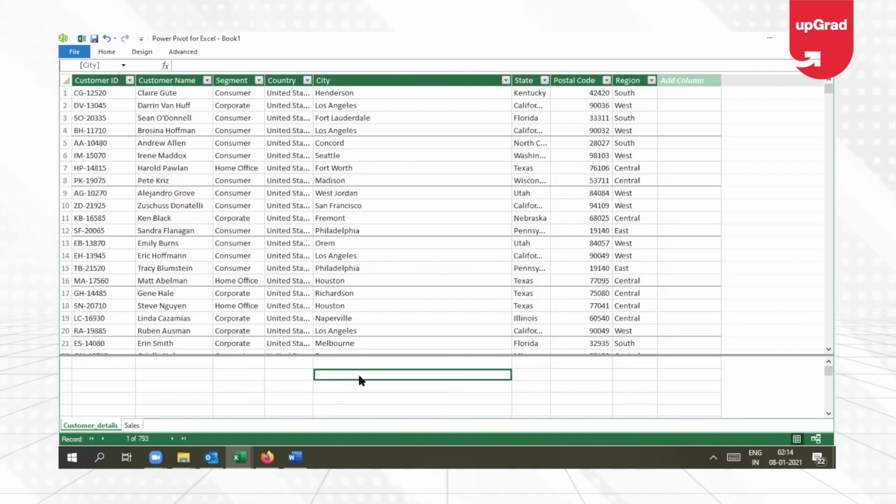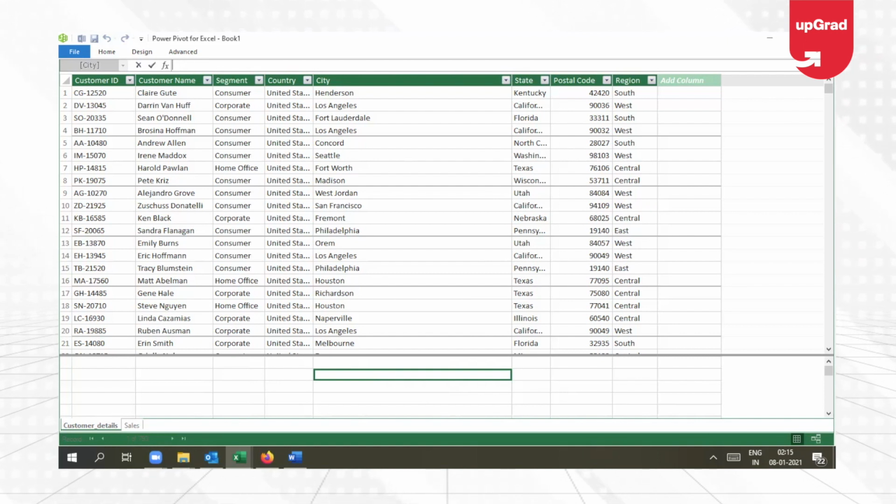This time, let's pick up profit. I'm going to create a measure. As I have already mentioned in my previous tutorials, when you want to add a column, you do it under the add column option. But if you want to create a measure, you directly go onto the blank space at the bottom and start adding the measures. When you're adding the measures, you start with an equal to sign, or you can also give the measure name if you have to. So my measure name, I can give it as a total.